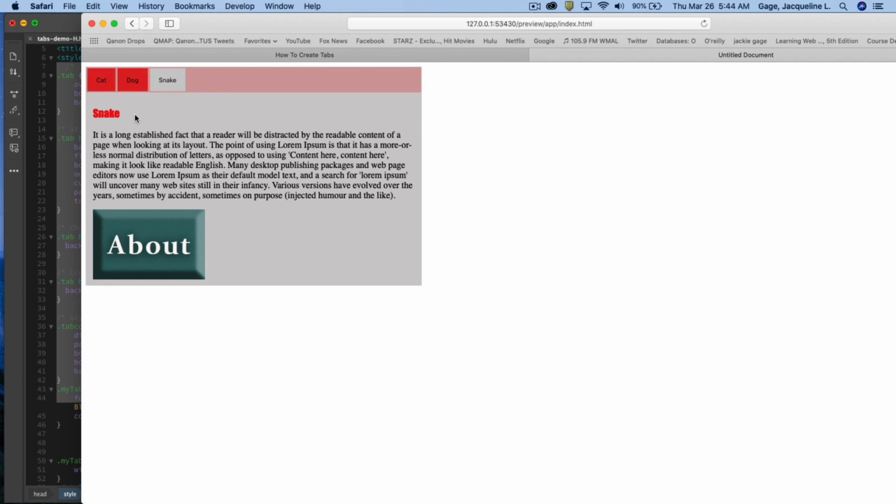Okay, and the only one that I changed as far as the H3 was the one that pertained to the section for the snake, but you certainly could go about and maybe even do a global font for the whole tab. All right,